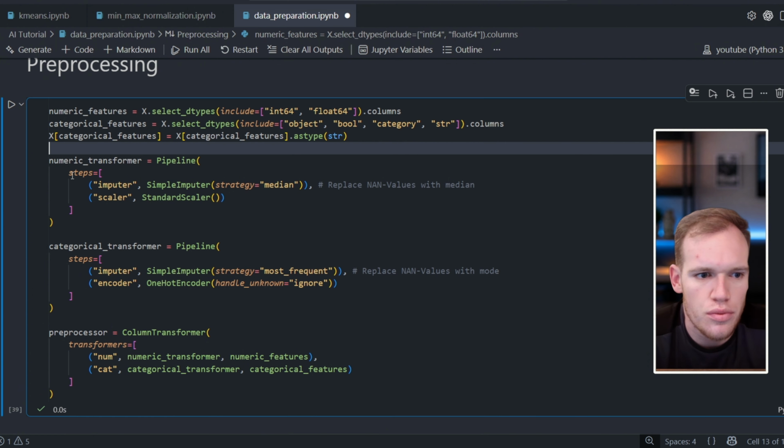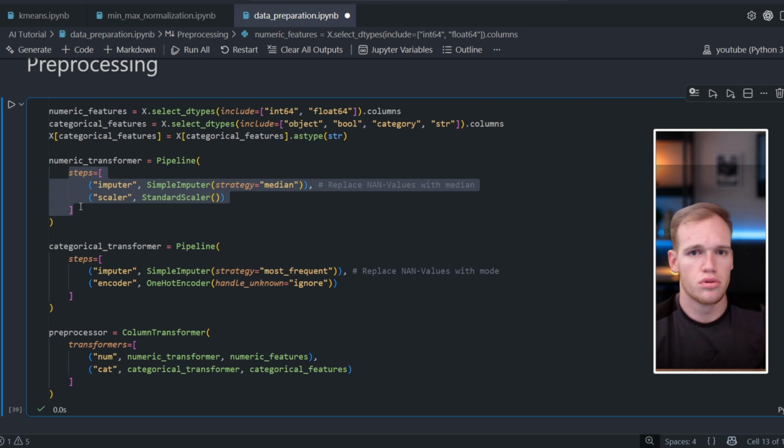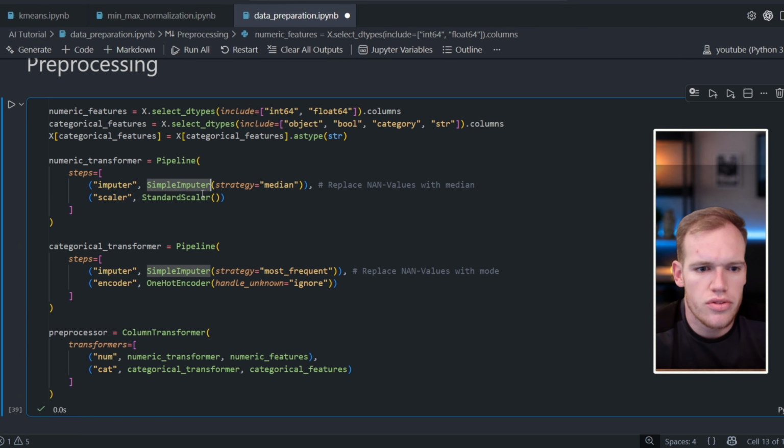In here, we can define steps. The steps is what passes the pipeline. So we go through the first step, then we go through the second step. So the imputer means everything that is not available with values, like in the numeric value we had the ages, we will replace with the median value. So what is the median of all the age values without the non-available values, and those will replace the non-available